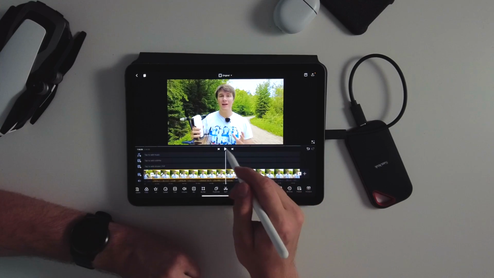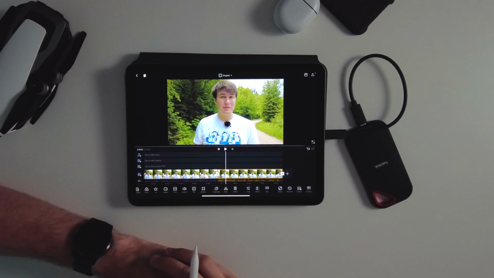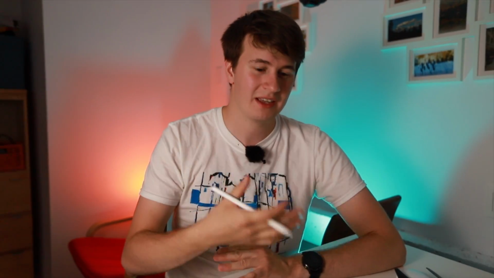So if we come back here, click on play, we see that the cut now looks a lot more natural. And this is why in a lot of videos you actually see the people jumping forward and backwards, because it makes the video a little bit more entertaining to look at and also hides the cuts that you're adding inside